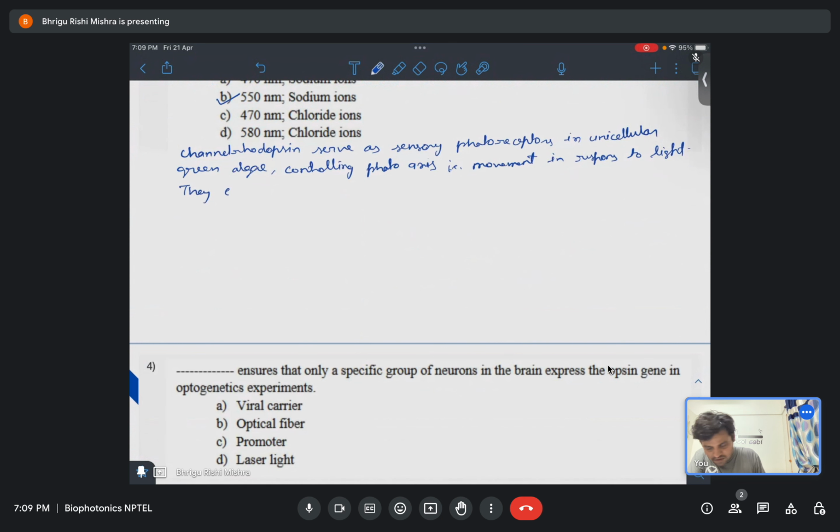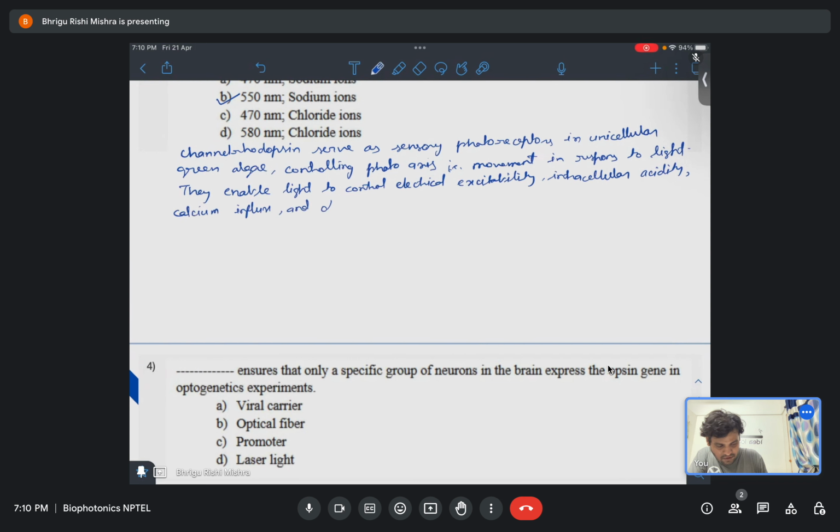they enable light to control electrical excitability, intracellular acidity, calcium influx and other cellular processes. Okay, now let's talk about this